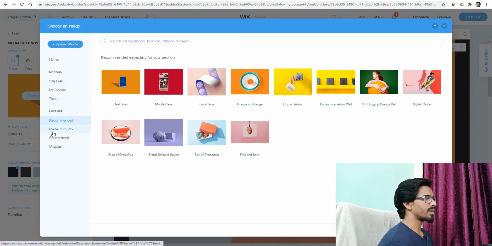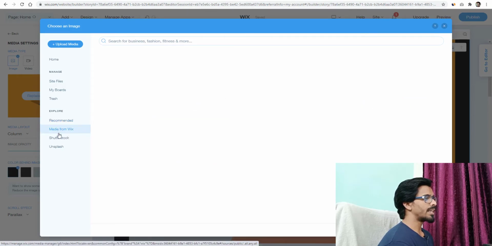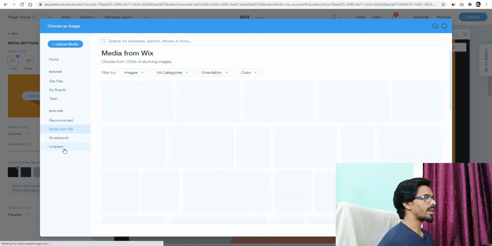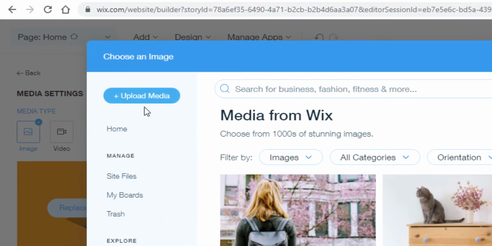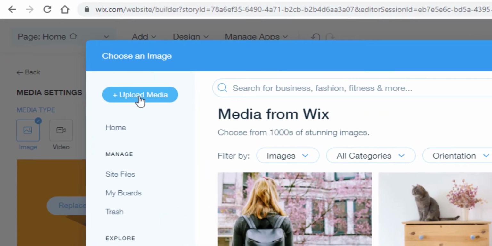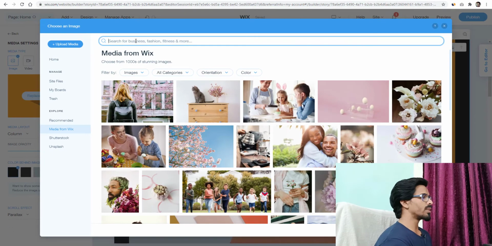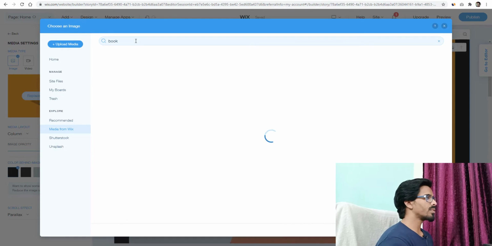You can search in the media from Wix option, Shutterstock, and they provide Unsplash also. Or if you want to add your own image, just click on this upload media button and upload your own image. Okay, so we will search for the book.